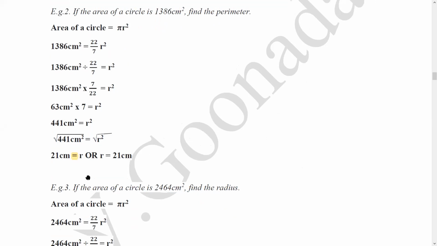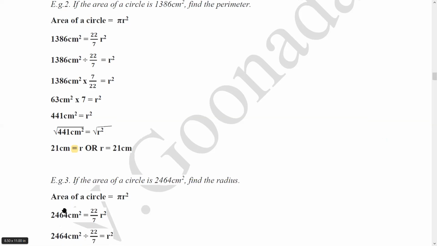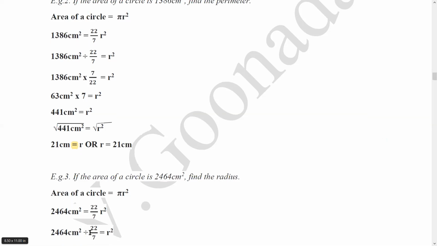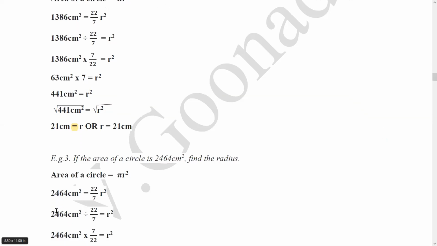Okay, let's see how we got that. So if the area of a circle is 2464, find the radius. So the area of a circle, we state the formula pi r squared. They give us the area, so when you see area, you put in 2464 centimeters squared is equal to 22 over 7, which is, of course, pi, and r squared. So again, we want to find the radius. So this 22 over 7, we take it and we carry it across. So multiplication is taking place. So when it goes across, it becomes division. Of course, this division turns to multiplication, and we flip the fraction,